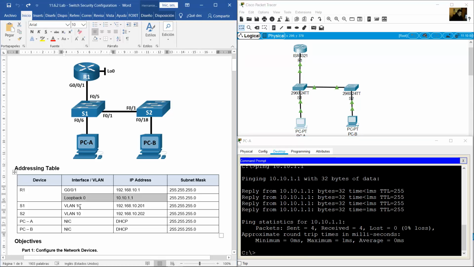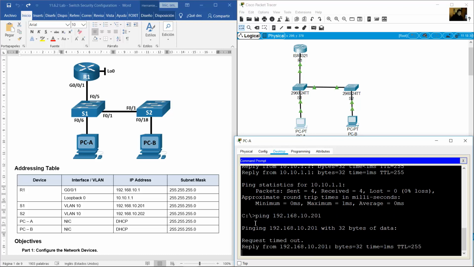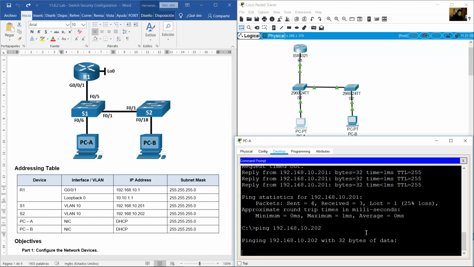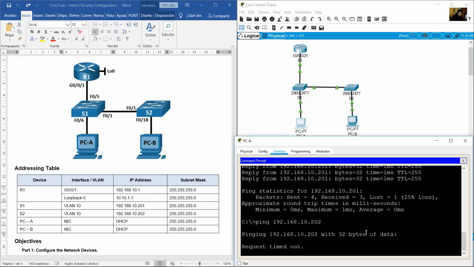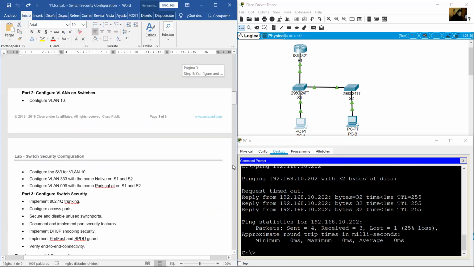And switch 1. Ping to switch 1, 10.20.1.201. Success, and now ping to S2, 10.20.1.202. Success. And finally,